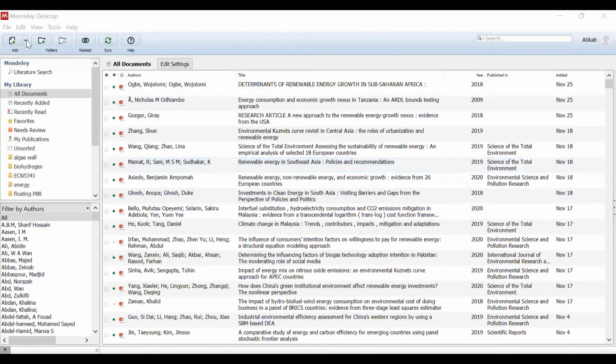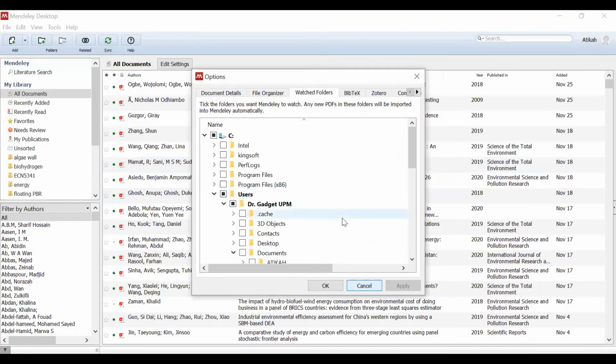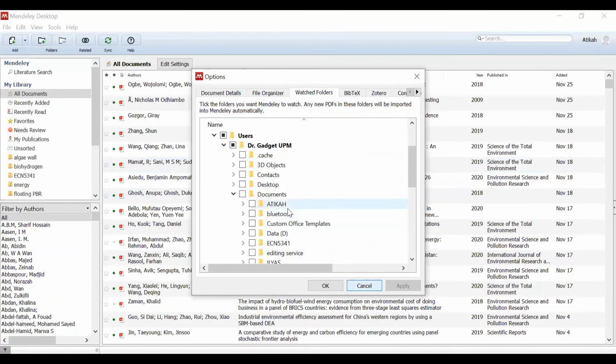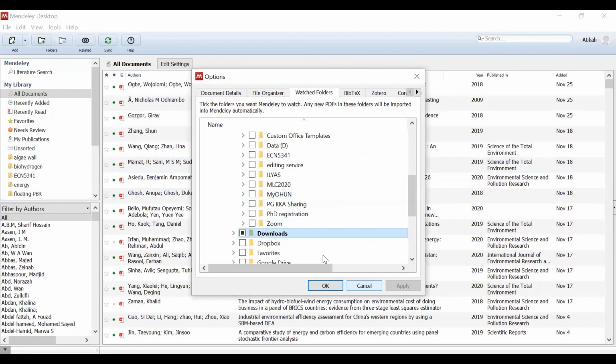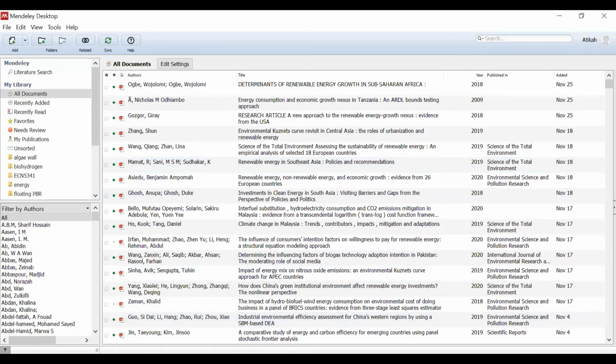Click at the add here and select watch folder. We usually set it under our downloads folder. Where is it? It's here. Then click OK. So whenever we download any article from the web, let's say,